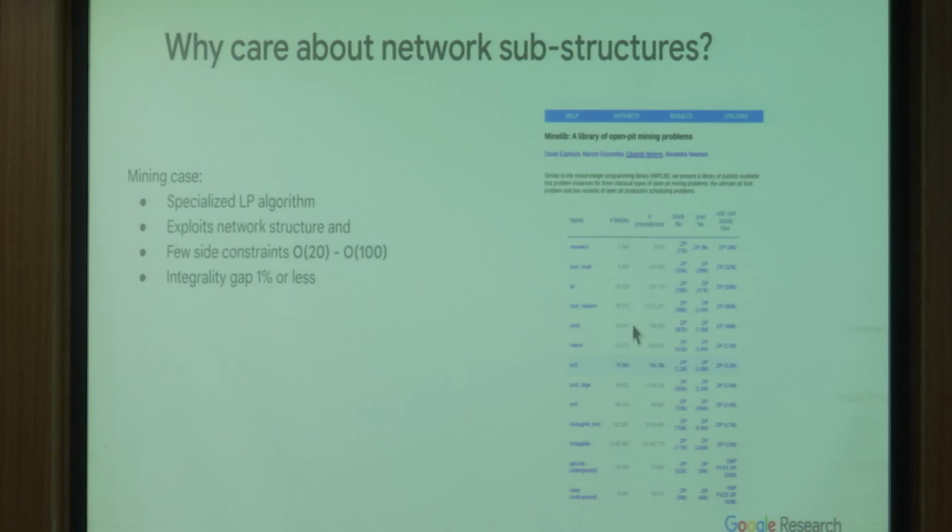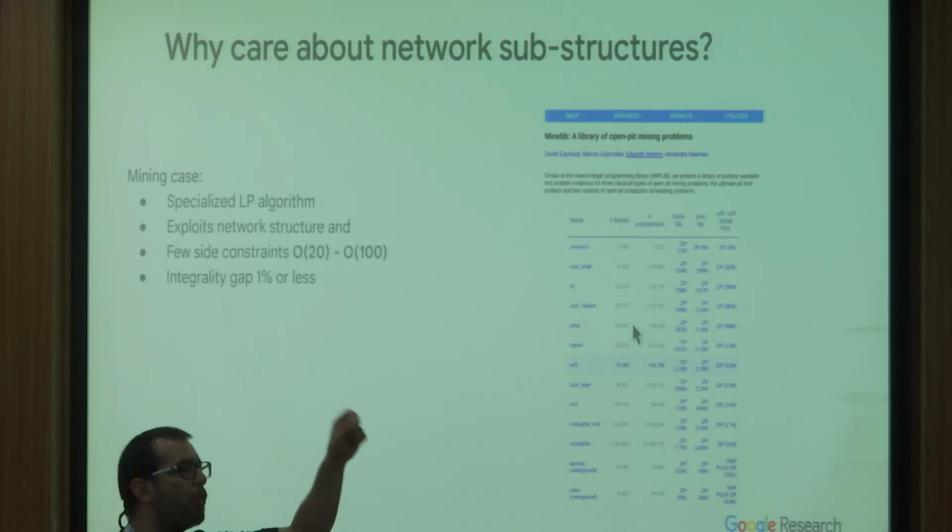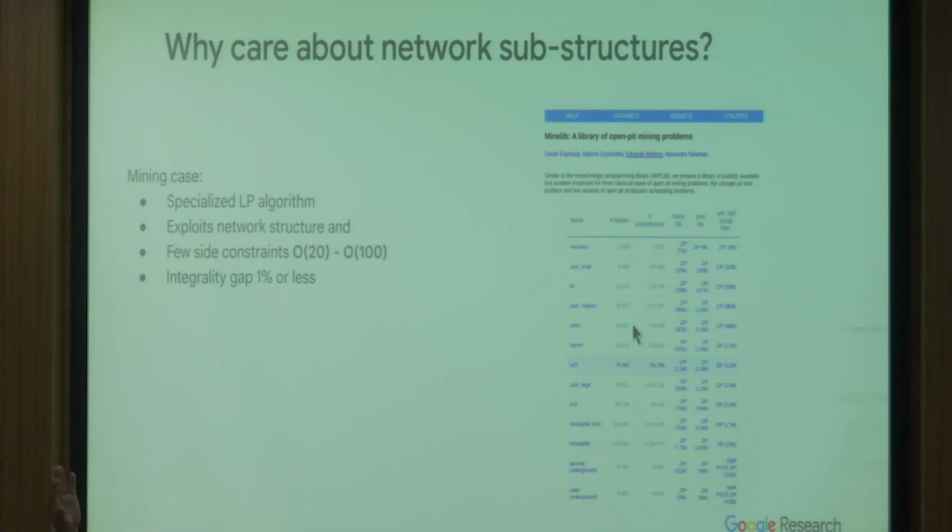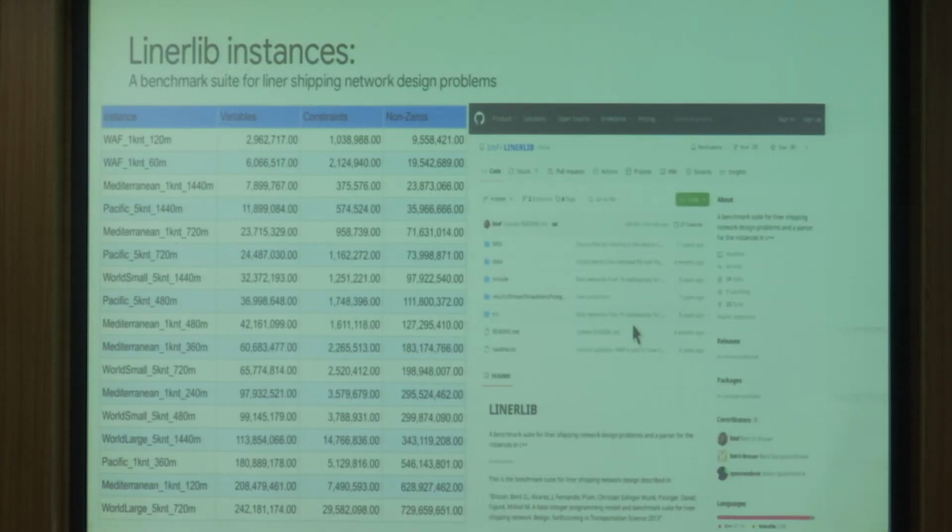And there is a beautiful paper by Dan Binstock and Zuckerberg, which is a cousin of the famous Zuckerberg, that says, never mind trying to solve the full problem. The only important thing is to guess. Because this is an LP, if you have a network plus side constraints, you know that the number of fractional variables is going to be, essentially, at most n plus the number of side constraints. And the algorithm goes by trying to guess which subset of variables are going to have that same value, and it works beautifully. And that way you can go.